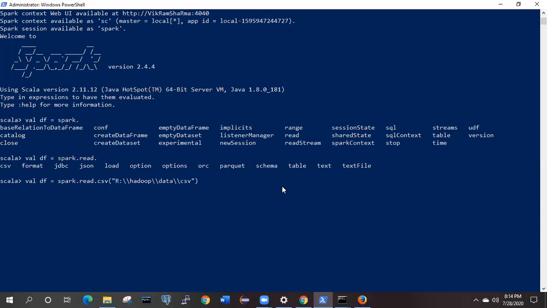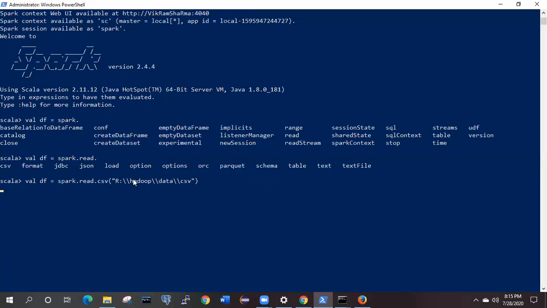If you are reading the CSV file, you can either read it from the directory, or you need to specify the file name also. If it executes correctly, it means it can load all the different CSV files present at a particular location.